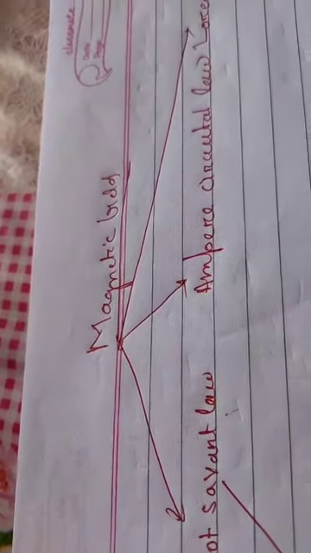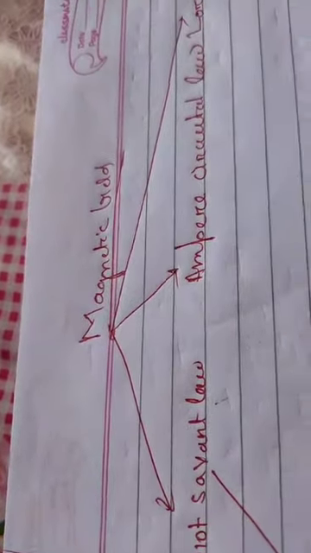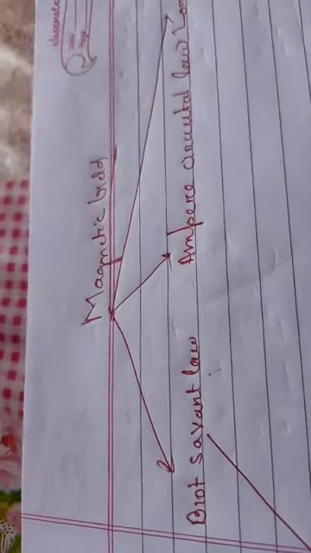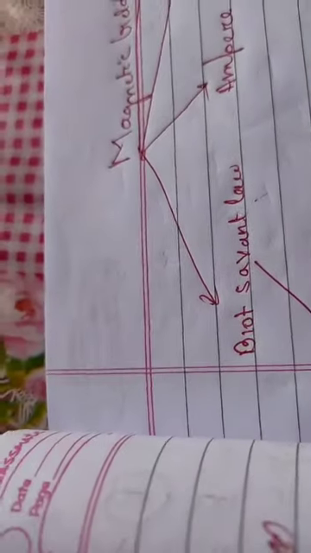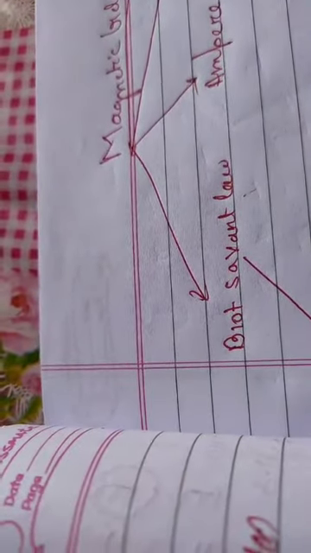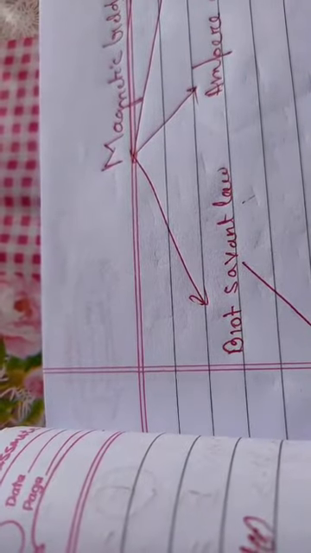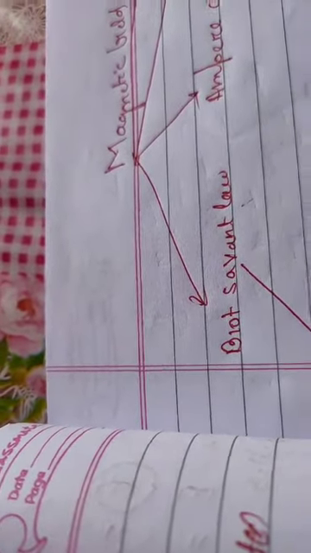If I am not wrong, you have good knowledge about the magnetic field, which you have already studied in class 10. But still I want to review the concept of magnetic field. Someone will ask you, what do you mean by magnetic field? How can you explain the concept of magnetic field? Let us start the topic.